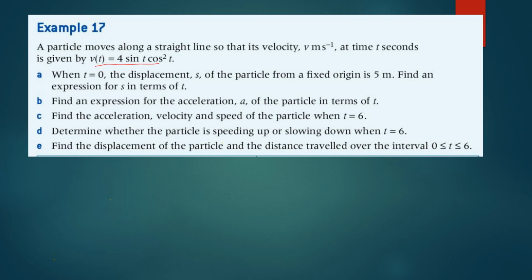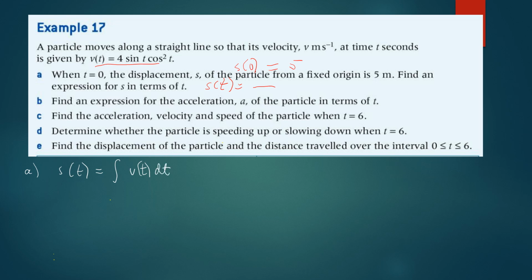And then when t equals 0, the displacement from a fixed origin is 5. And then the task is to find an expression or an equation for s of t. Okay, quite simple, right? So what we're going to do to find s of t is to integrate the velocity